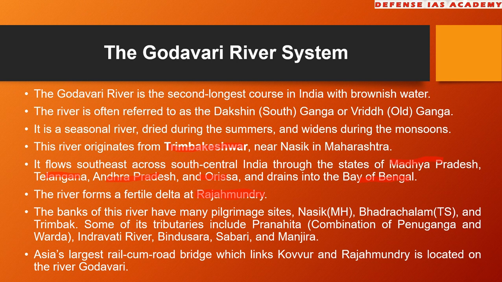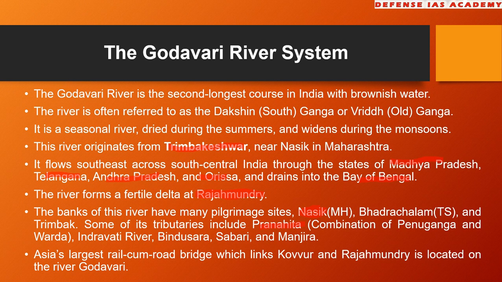The river forms a fertile delta at Rajamundry. The banks of the river have many pilgrim sites: Nasik in Maharashtra, Bhadrachalam, then